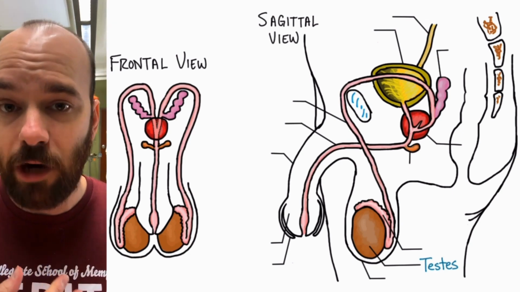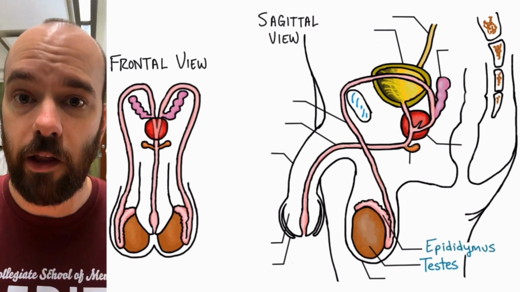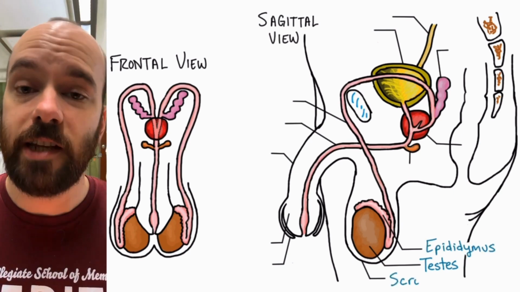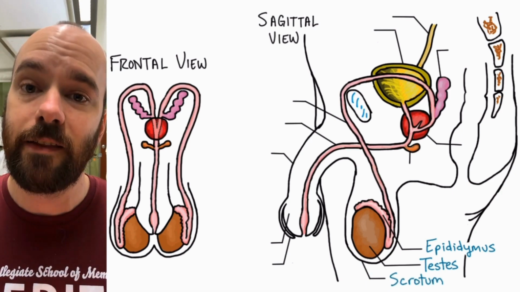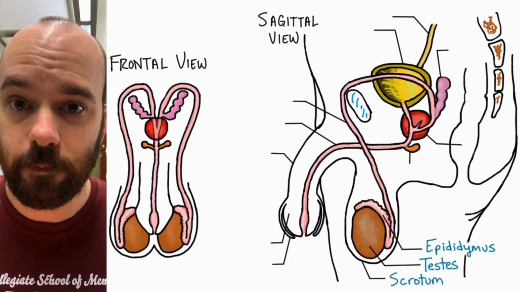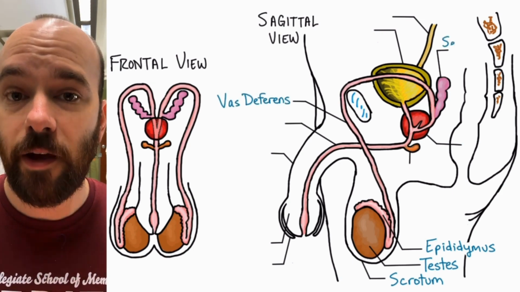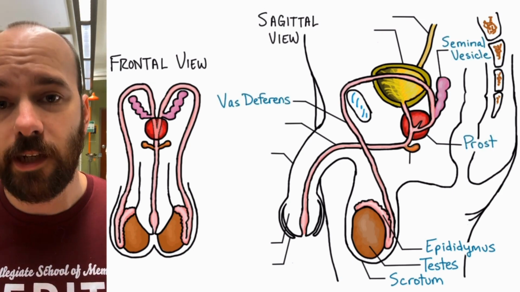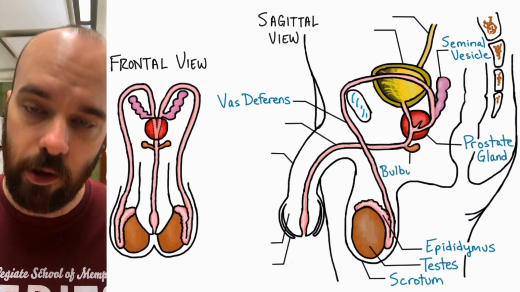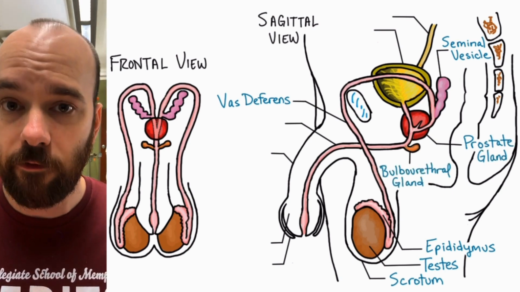The sperm cells travel through the epididymis, where they mature and develop. And both the testes and the epididymis are contained within the scrotum, which is going to help regulate the temperature of the testes. During ejaculation, sperm will travel through the vas deferens, and those sperm will pass by the seminal vesicle, the prostate gland, and the bulbourethral or Cowper's gland, which all produce some of the fluid that makes up